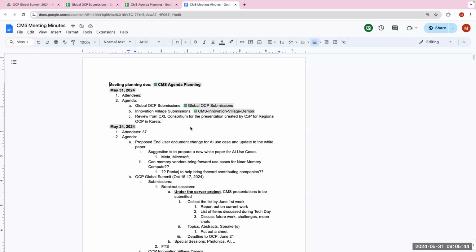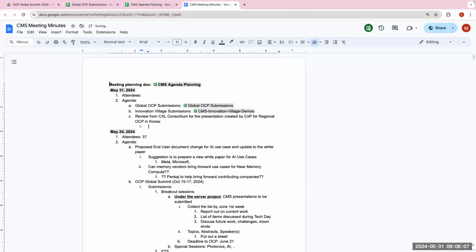I'll look at it for sure, but does the team want to eventually present it from the point of view of OCP, or would one of the company members like to present it within the CXL consortium as a CXL member? Siamak, for us, it will be enough if someone knowledgeable about the CXL spec comments on it.